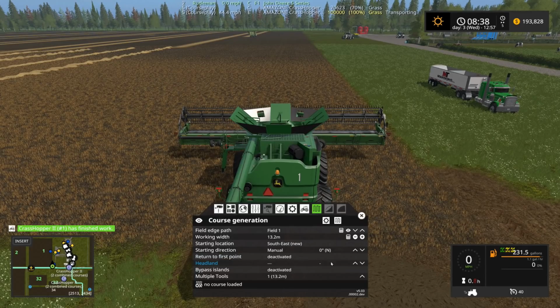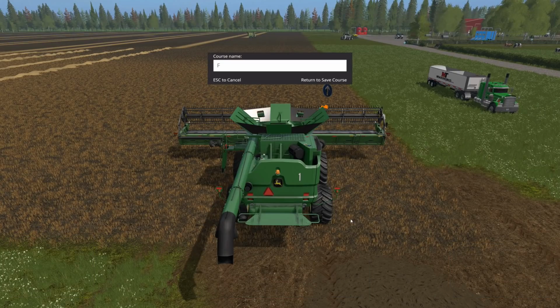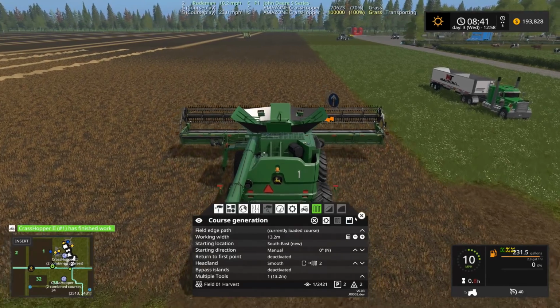Headland, I'm going to do a headland, just because there's trees all around. Do I do two headlands or one? Let me do 2, just because. Right. 2, let's do that. And we're going to do field op 1. Harvest. Okay, now that we've got that done,